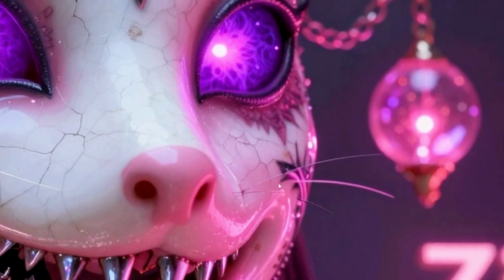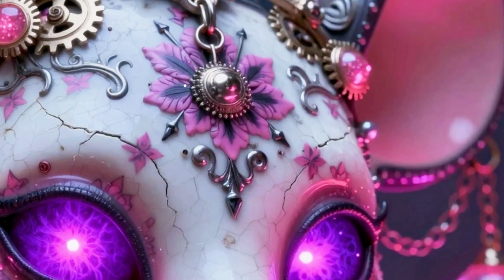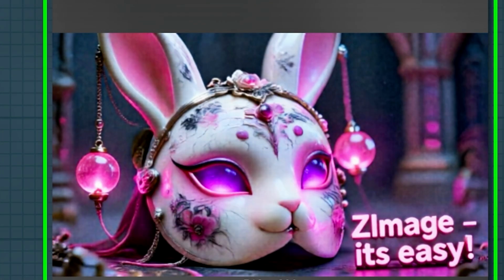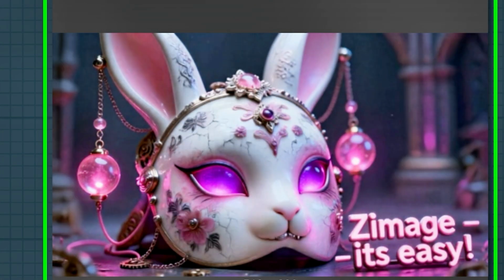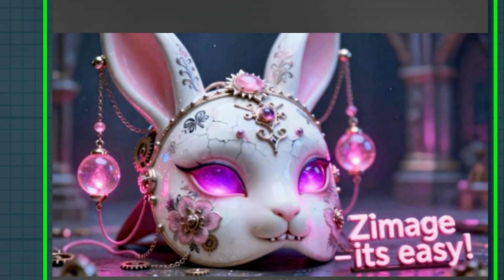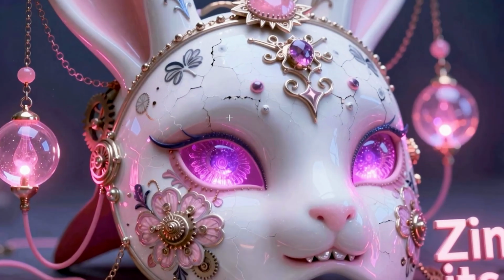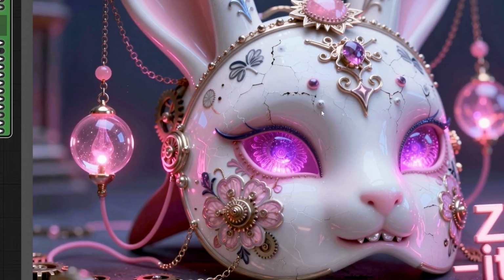Let's try one more time and make a version in the shape of a bunny, and here is what we have. This is a mask with purple eyes, made in approximately the same style as the previous versions, but now it is a rabbit. Well, at least it resembles one. In my opinion, the result turned out fantastic, and what is interesting is that all of this can be animated